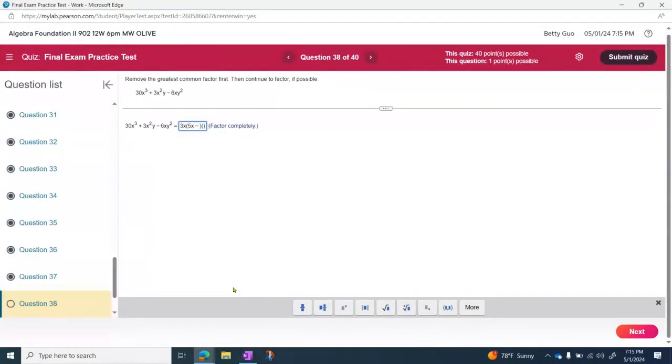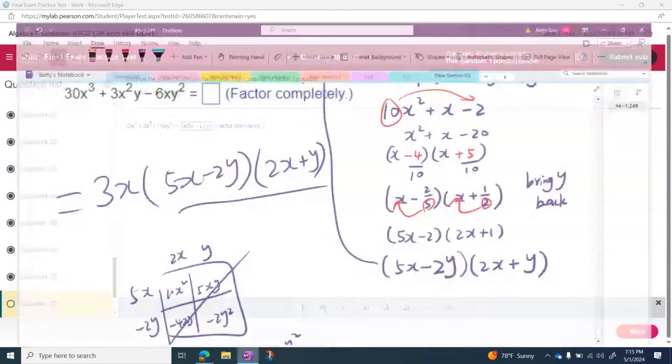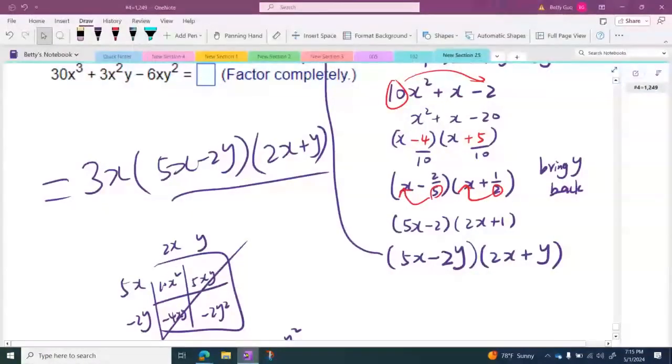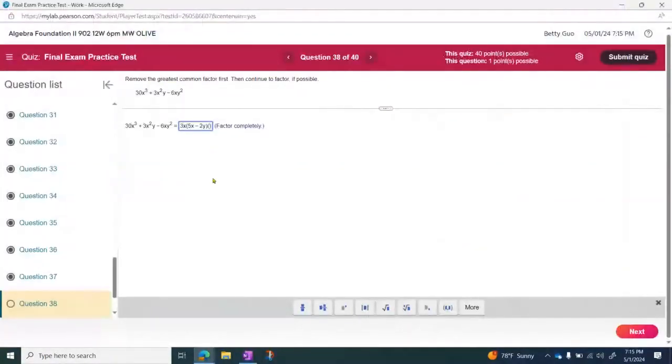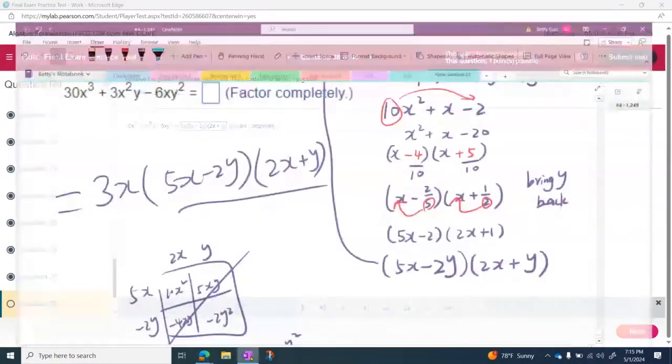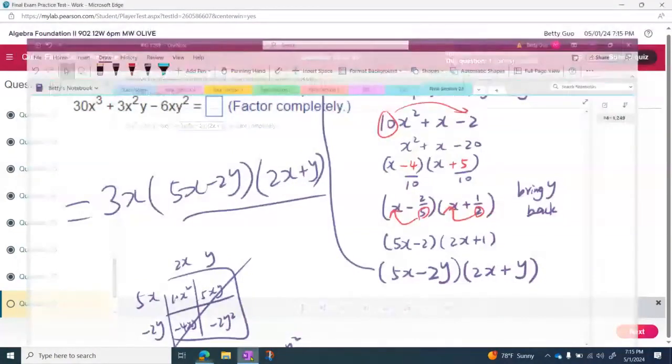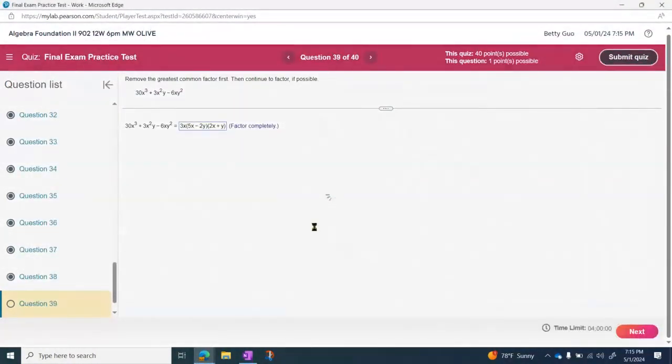In the second parentheses, we have 2x plus y. And double check the answer. Next,